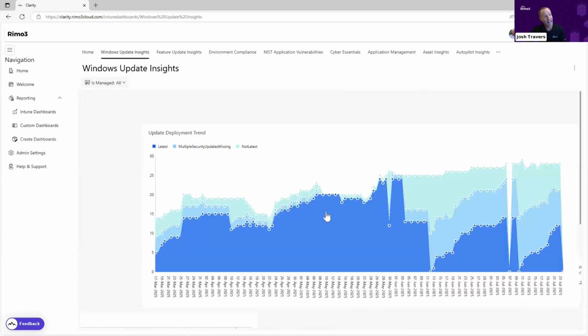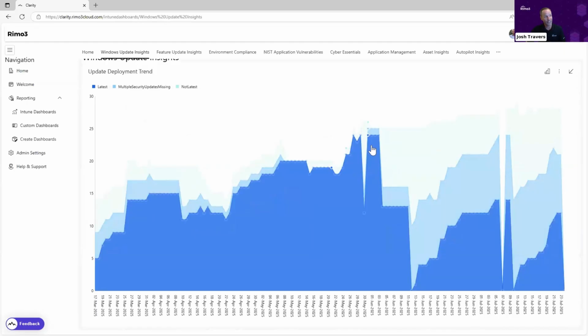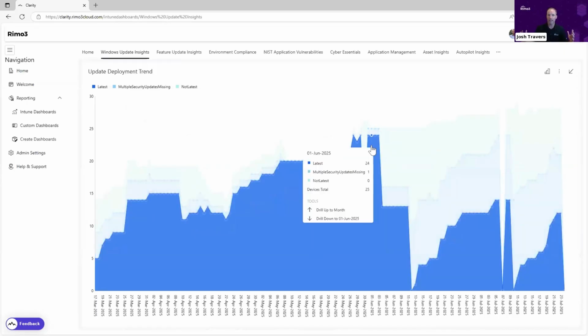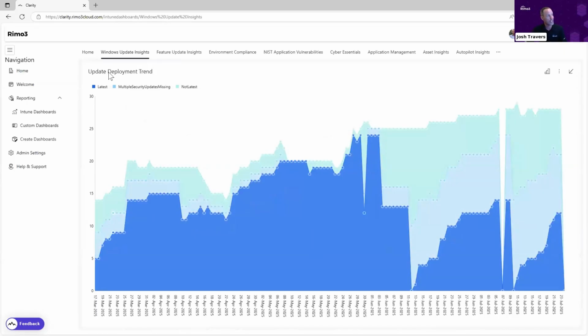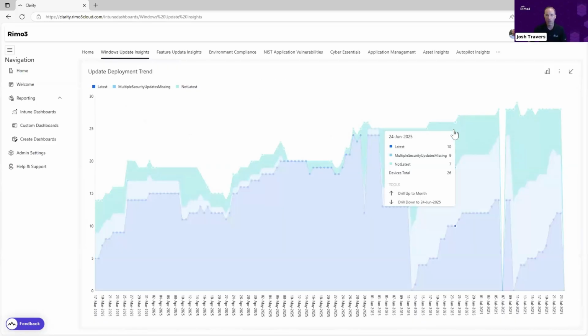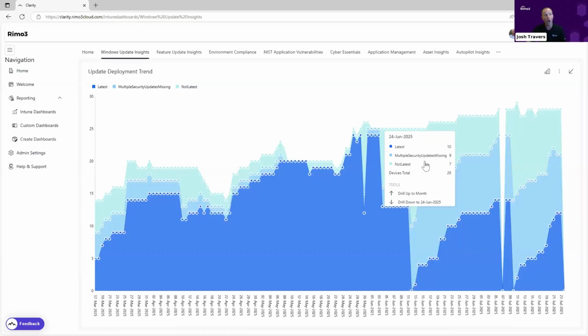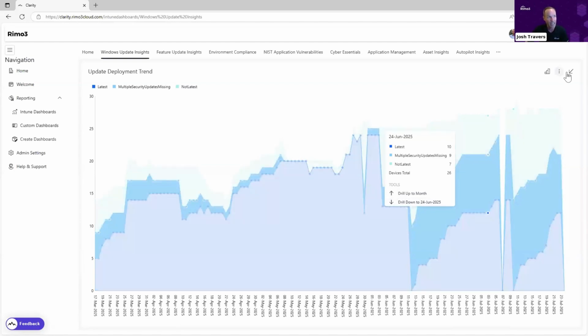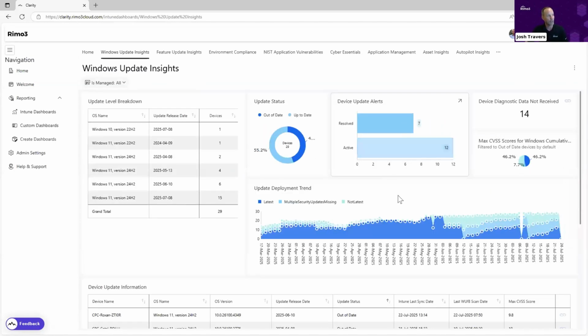And again, the trend analysis over time, due to the data staging, allows you to get that complete picture. Here, I can start to understand how my updates are being rolled out and unpack those updates in terms of, is there any negative impact? Is it going to impact any policies that I'm thinking about creating or I already have in force? If I'm missing critical security updates, I have 7 devices that aren't the latest. How does that impact me? And then again, have the capability to drill down lower and lower into the data to get to that level